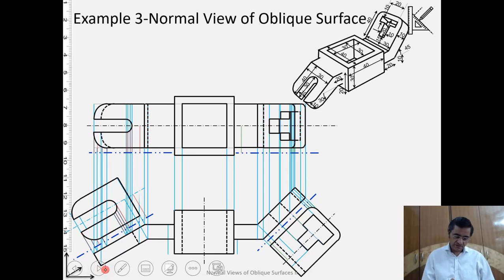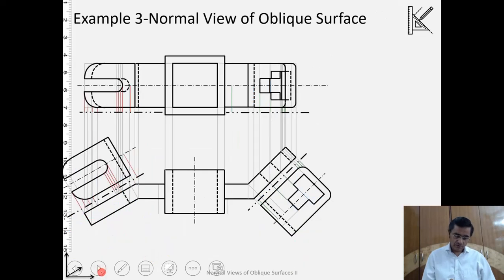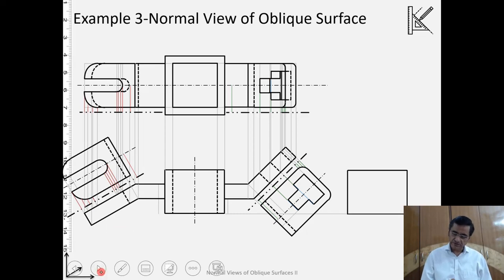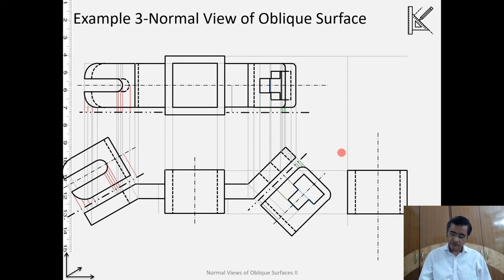And similarly, as we had seen in the previous one, we can of course create the hidden lines, about which we have to be careful. Now we can also create the side view. So for the side view also, again we have to locate the hinge line as in the previous case. So we will do that. So from the center line where the hinge line will be located, we'll be making use of the distance from the center line again to the hinge, because the distances are being measured from the hinge.